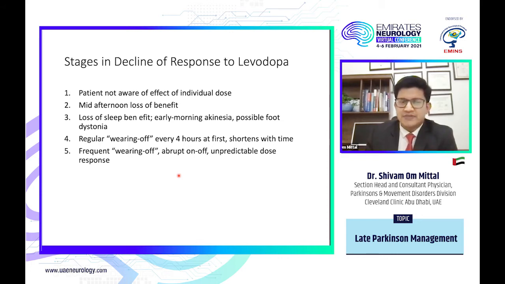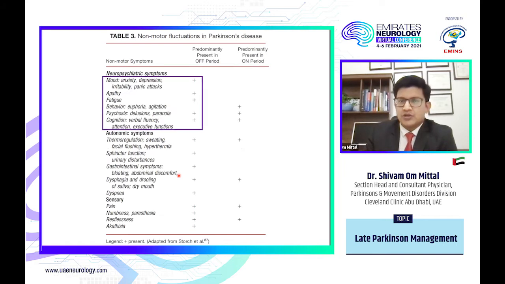And loss of sleep benefit, early morning akinesia, foot dystonia, these are other off state symptoms. And then the patients develop the classical wearing off motor fluctuations and abrupt on and off unpredictable dose response. And these are the different stages. Non-motor symptoms are very important when we talk to our patients with regards to how is